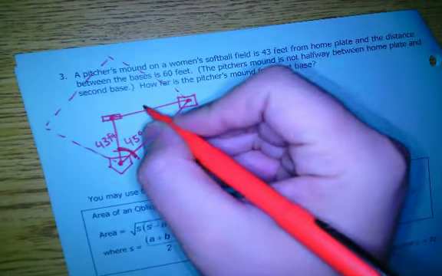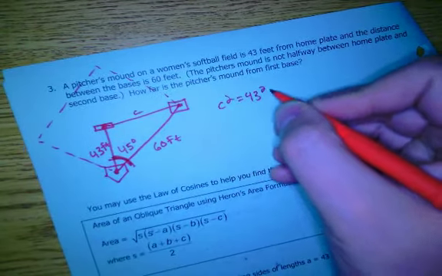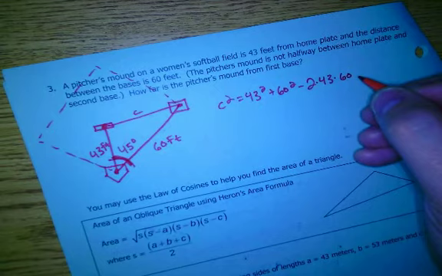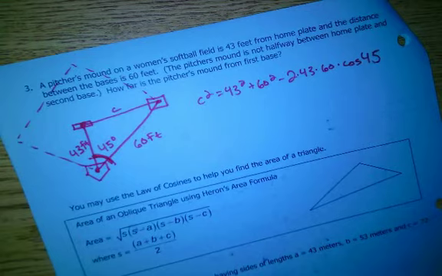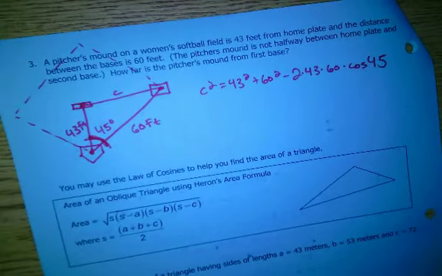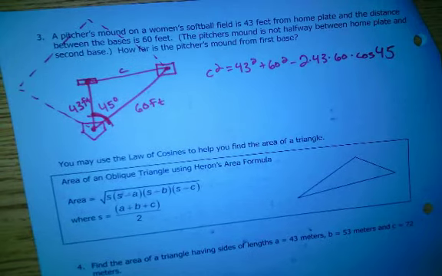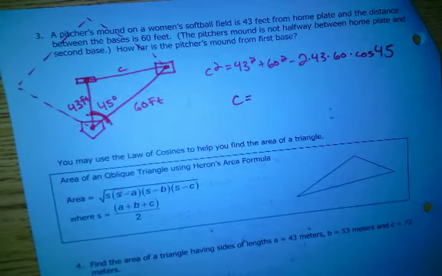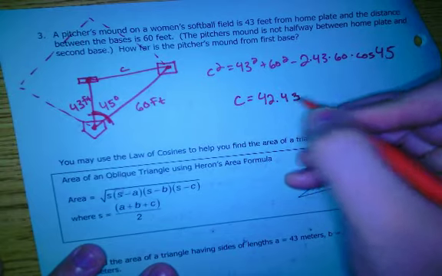I'll just call this C. So my C squared is equal to my 43 squared plus 60 squared minus 2 times 43 times 60 times cosine of 45. Go ahead and try that out on your calculator. Alright, and then you should be getting an answer of 42.43